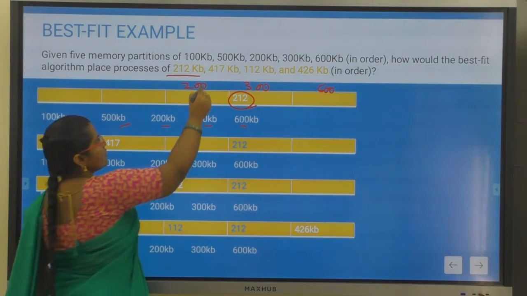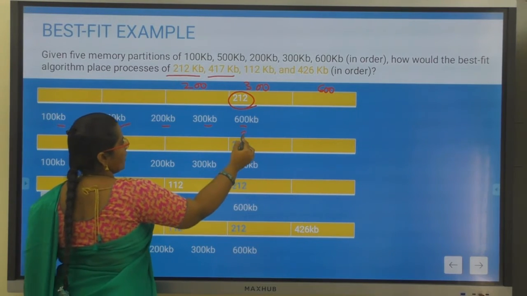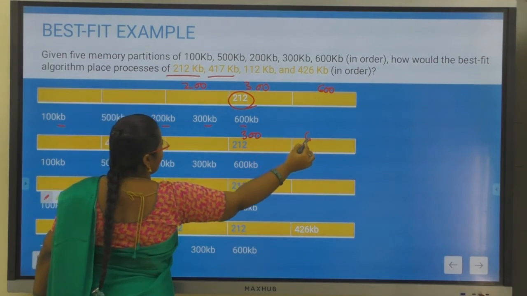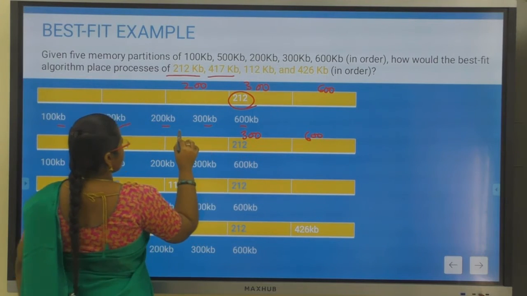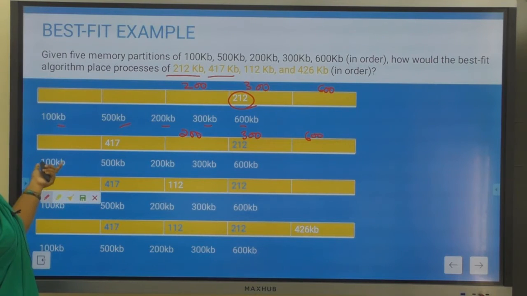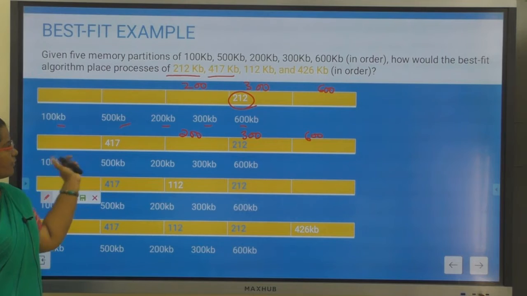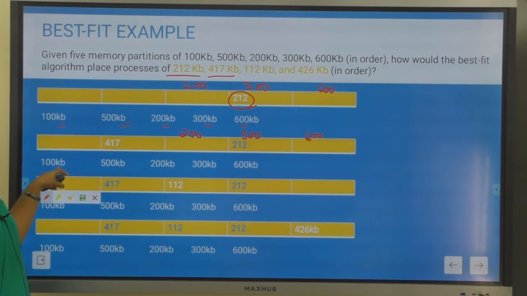Then next we have the 417 KB process. Since the 300 partition is already filled by process 212, we have the partitions 100, 500, 200 and 600 as free, out of which the smallest one is 100, not enough for storing 417.